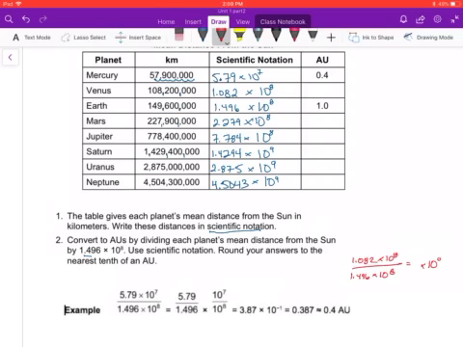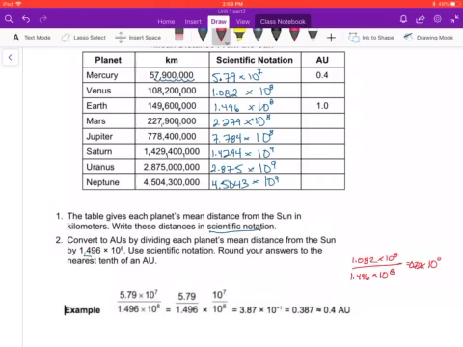You can use calculators here. You'll be able to use calculators on the test. So that will be nice. Divided by 1.496. And it gives me 0.72. And round to the hundredths place,